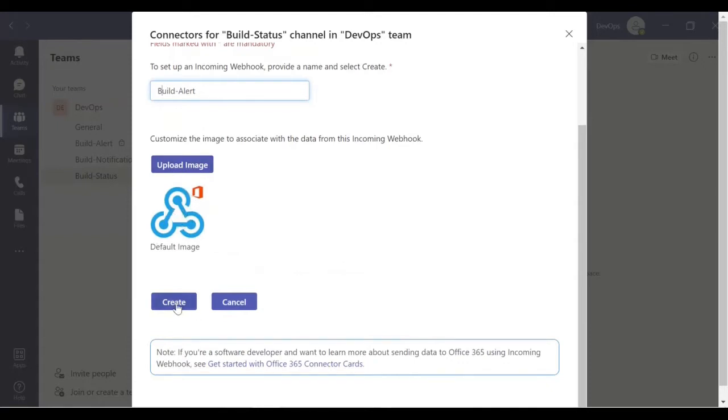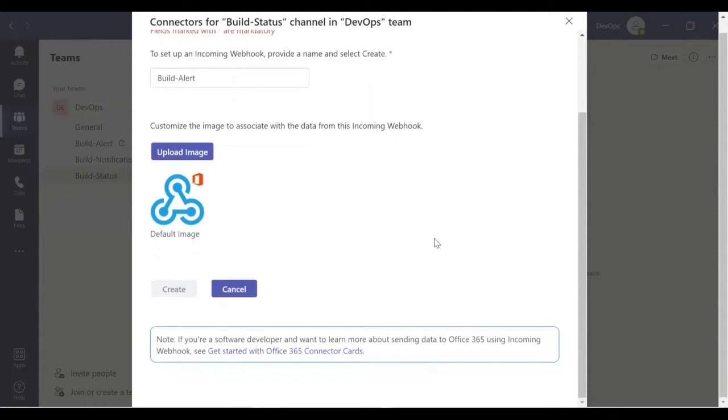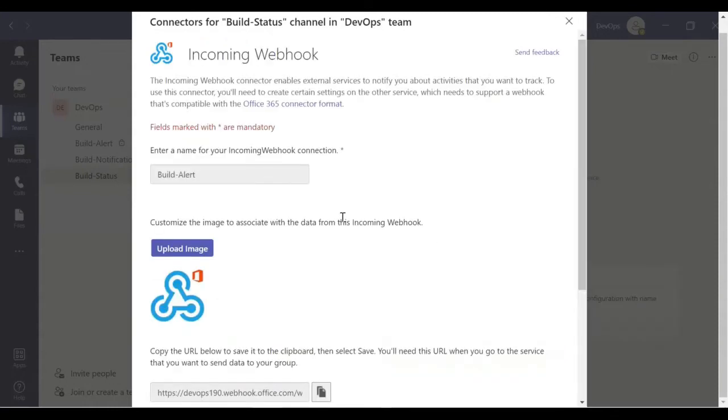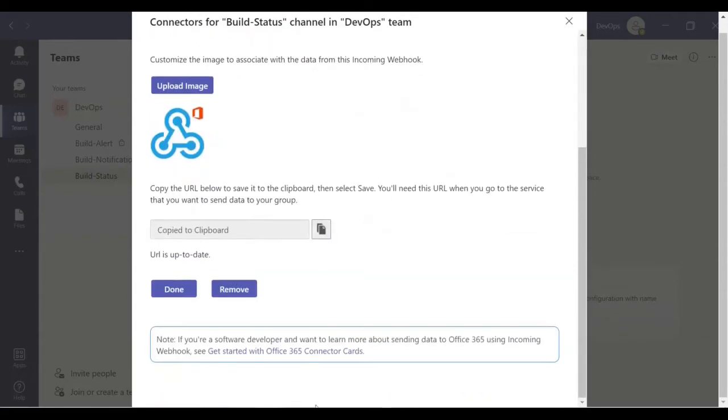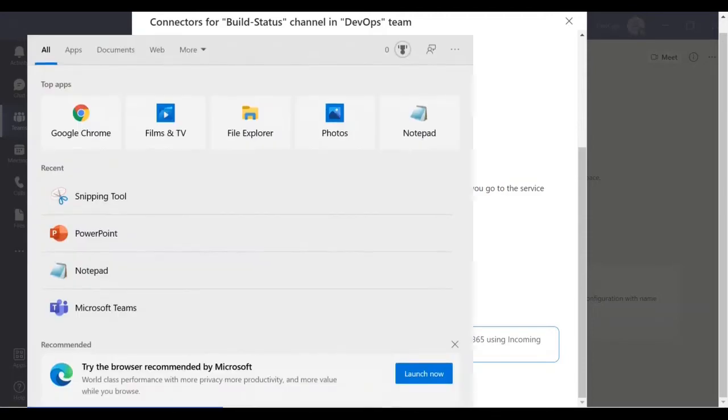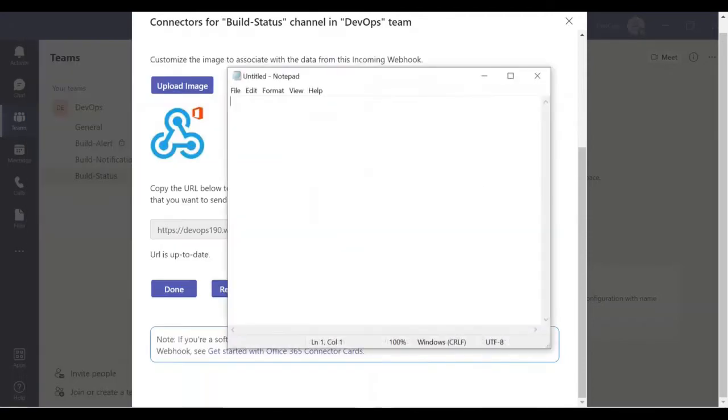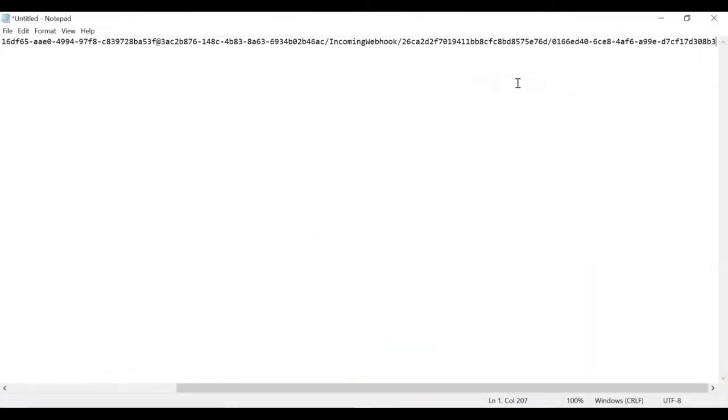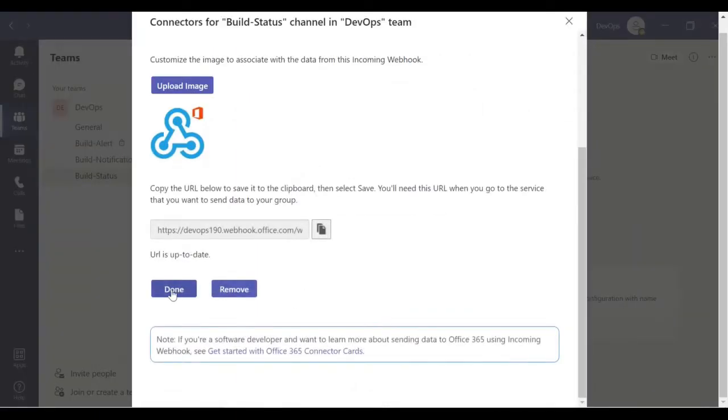You can select it from here and say create. It is going to provide you one link, and you need to copy it so later we can configure it inside the Jenkins job. So let me copy and paste this one and say done.